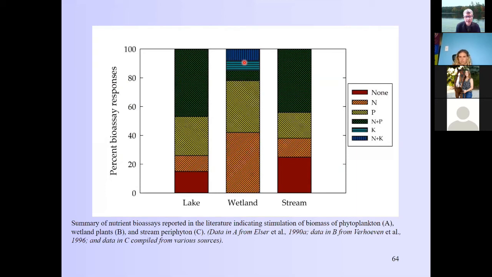So any guesses real quickly why nitrogen might be more likely to be limiting in wetlands than in lakes and streams? And I'll give you a hint. It has to do with the nitrogen cycle, and there's a lot of anoxic